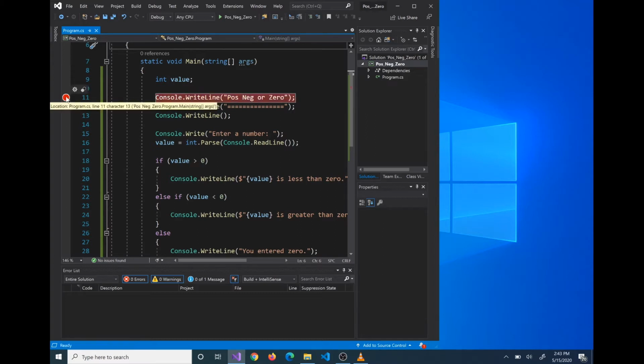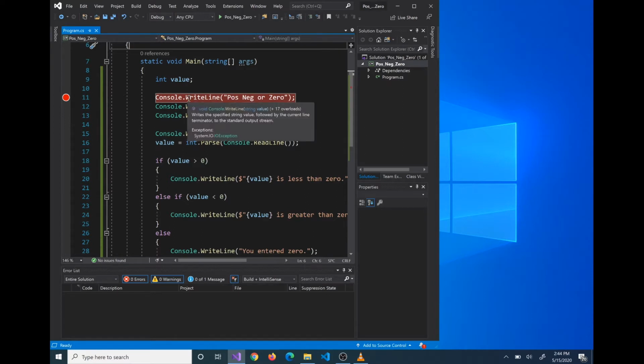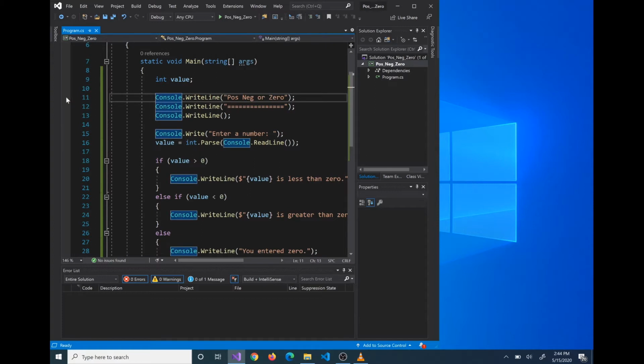But if we go down to line 11 and we click in that same location, you'll see we get a nice red dot that appears in that column. And here it shows me the location within the file and the line. And then the statement that breakpoint is set on is now highlighted in red. Okay. I also get a visual cue over here in my scroll bar for the program window. The little red square indicates that I've got a breakpoint set at this point. And that's really it. You can toggle your breakpoints by clicking on them again. So clicking sets and resets. And if you right click anywhere in this column,